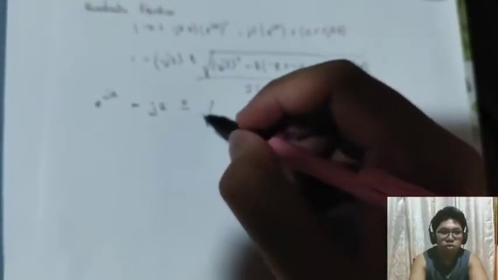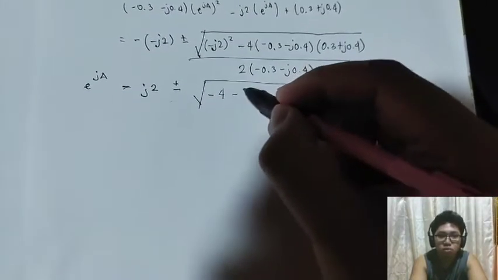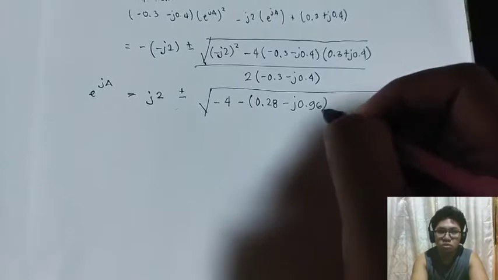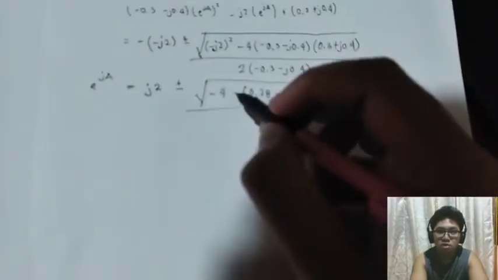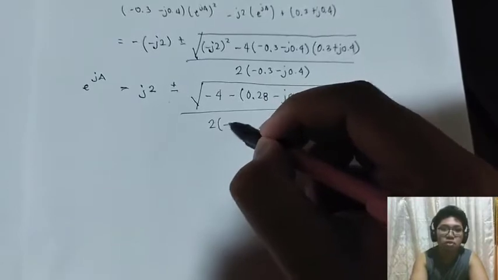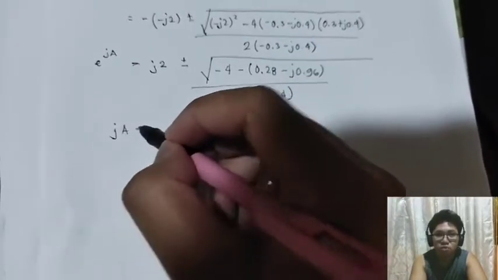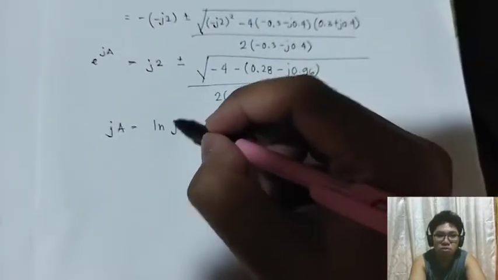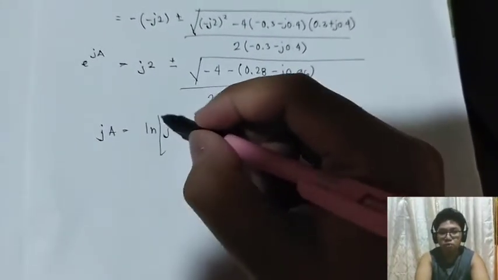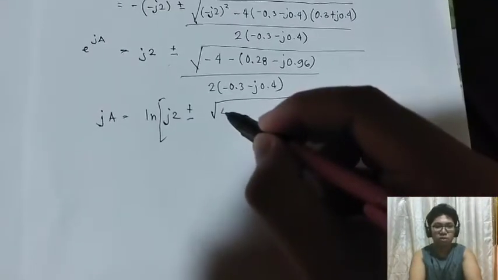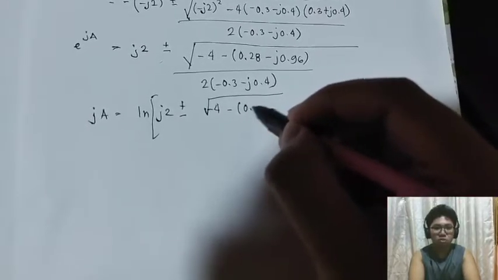Then we will simplify it further. The square root of negative j2 is just negative 4 minus multiply the terms, that is 0.28 minus j 0.96 over 2 times negative 0.3 minus j 0.4. Then we will get the ln of both sides, that is ja equal to the ln of j2